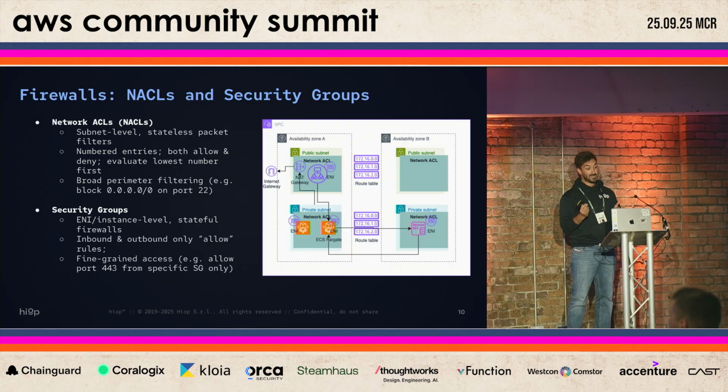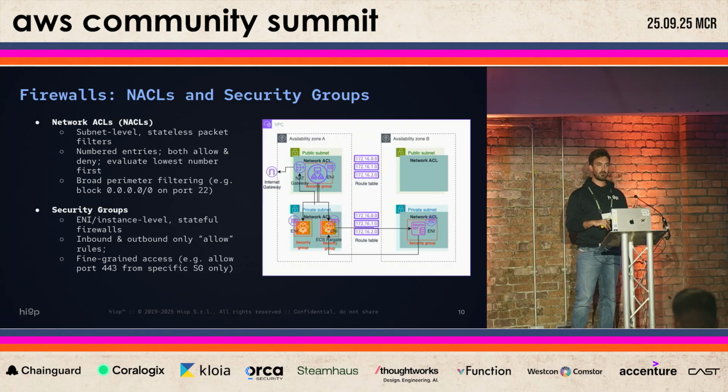The other, which is most common, because usually the network access list is something that comes by default and is not always controlled, is the security group. Security groups are not at the subnet level, but at the ENI level, or instance level to be more specific. They are stateful firewalls, so they are not stateless, and they don't have a specific order. They just have allow rules, where you can specify IP addresses, ranges and ports, and they give very fine-grained access. So usually you are not working a lot with network access lists, because by default you allow all the traffic in your subnet, and then you go into more detail, more fine-grained, in the security groups.